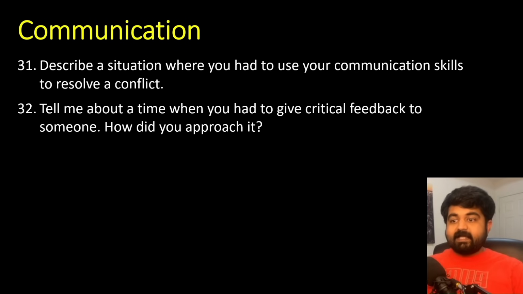Show them exactly what your intention is, why you wanted to do that, how you would approach it. You approach it calmly, gently. You give them specific examples, and you also tell them how they can improve on the current situation. Plus confirm with them that they don't feel discouraged because you mentioned these things and you are just trying to help them out. You are trying to do what's best for the company and what's best for their own personal growth. So that can be your approach.